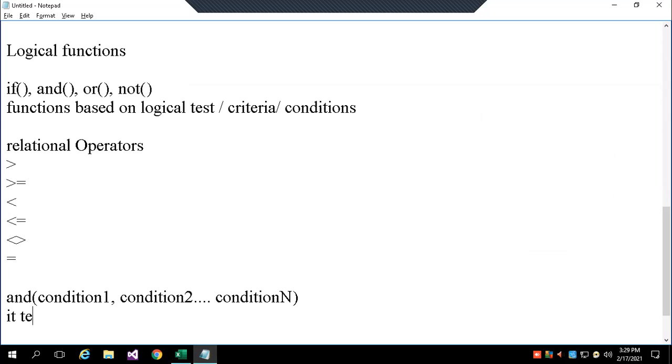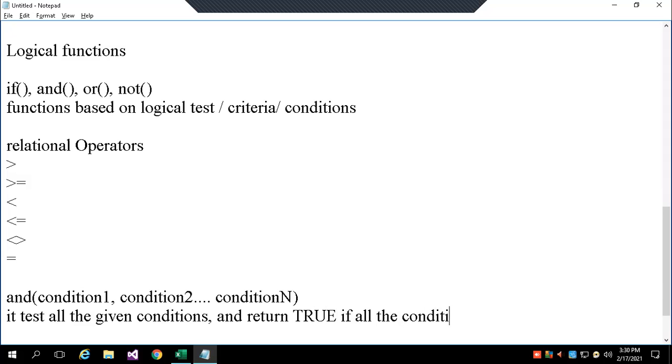It tests all the given conditions and returns true if all the conditions are satisfied.